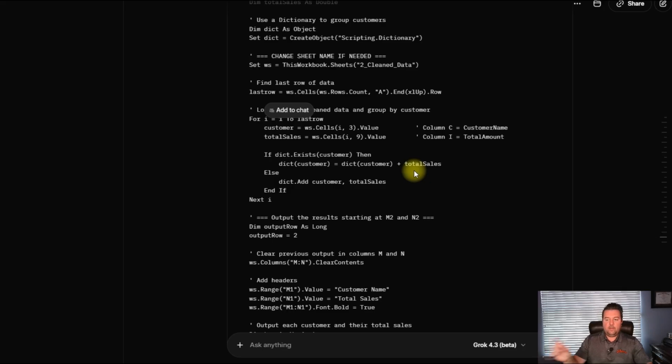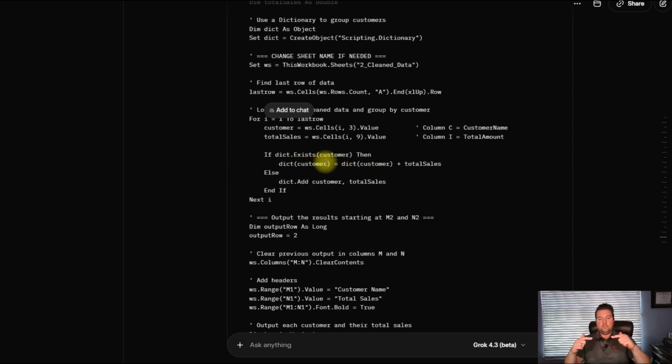It's going to add that number to whatever's already there. If there isn't already an existing customer, it's going to add the customer and the total sales. So the first time it runs into a new customer, it adds that customer and that total sales. But if it already exists, then this part doesn't run, this part runs.